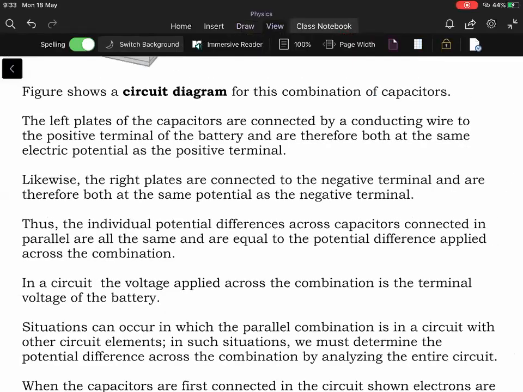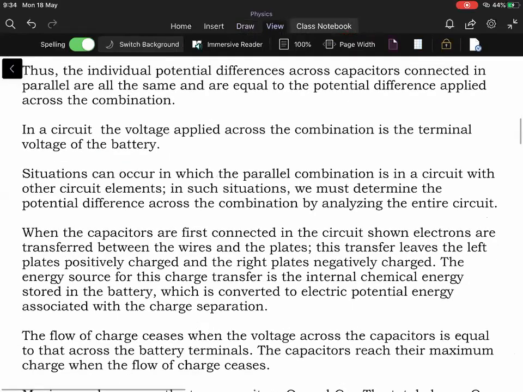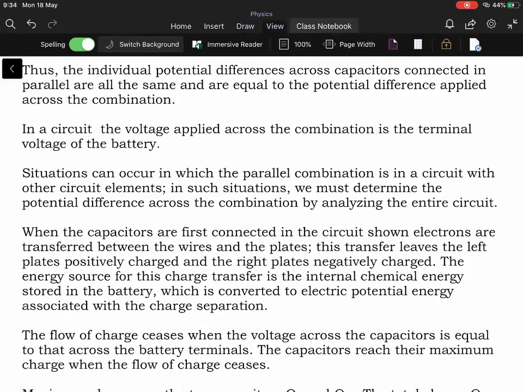Okay, so the first, second, and third paragraphs are explained. Now, different situations might arise where you will have a parallel combination in a circuit, and there will be certain other circuit elements also. So what we will do is consider only that particular section of the entire circuit which is in parallel combination, replace it with one single capacitor, and then solve the rest of the circuit by finding series and parallel combinations in successive fashion. When we do the problems, you will realize what this paragraph means.